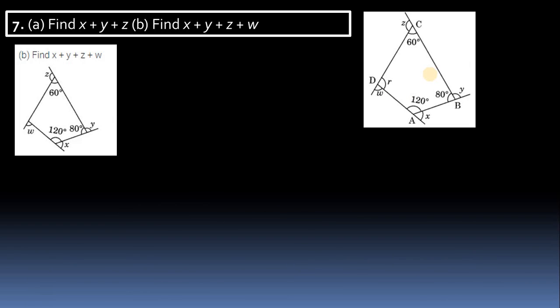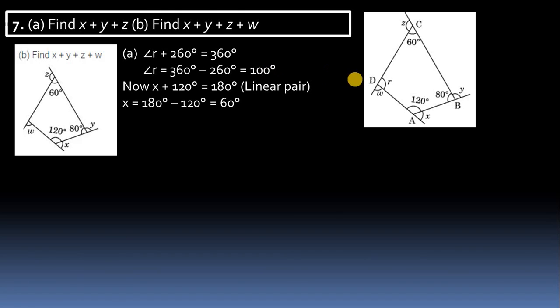And here in the case of this, you have to calculate x, y, z. So here we assume the value r. So the addition of all these angles will be 360 degrees. And for calculating the value of r, r plus their addition 60 plus 80 plus 120 is what? It is 260, meaning 260 plus r is 360. So r is nothing but the subtraction, and the r value is 100 degrees.